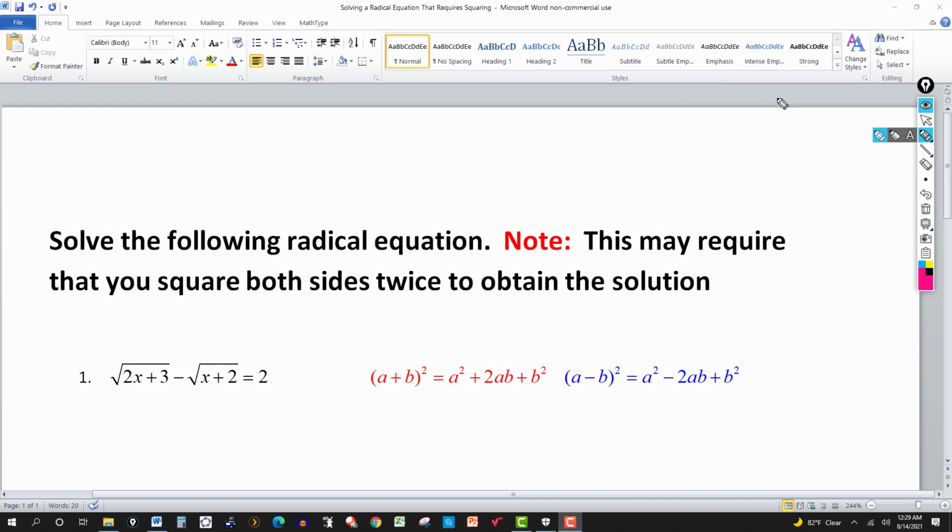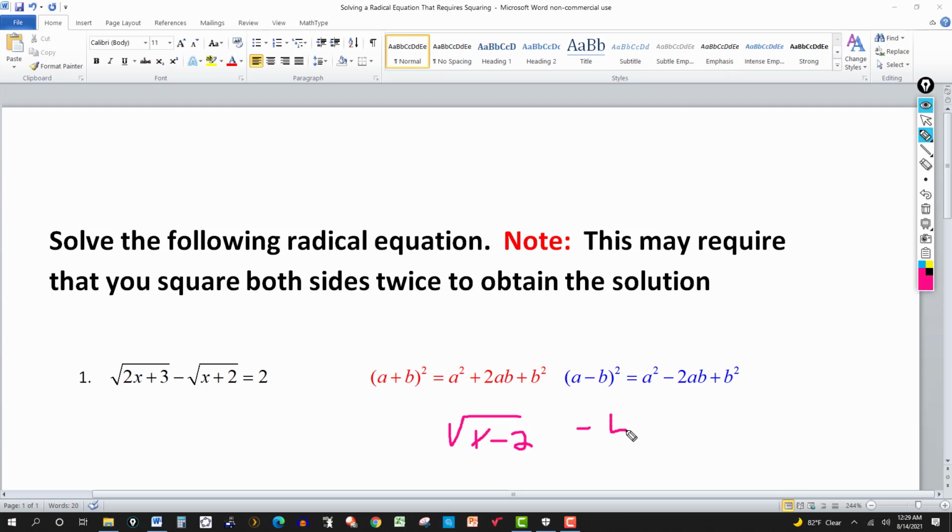In this video, we're going to solve a radical equation that contains two radicals. So here we have the square root of 2x plus 3 minus the square root of x plus 2 is equal to 2. Now the usual procedure for solving a radical equation is to simply isolate the radical and square both sides. So to start with a basic example, say we have the square root of x minus 2